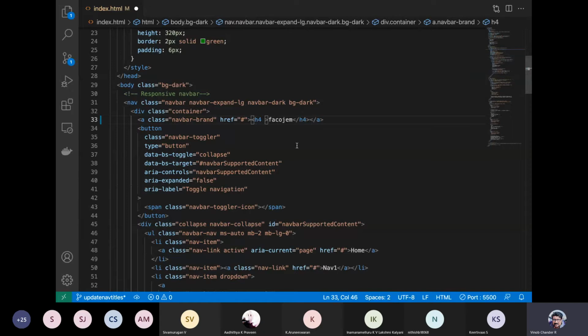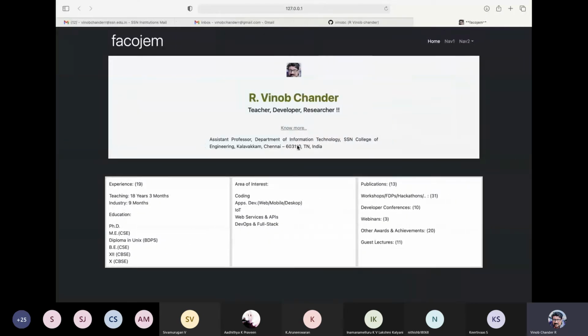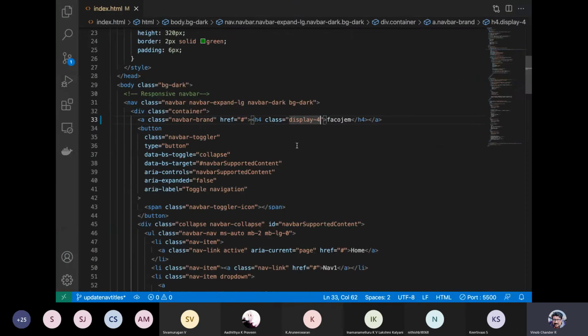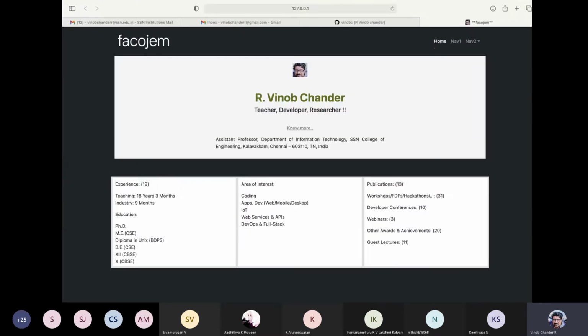We are making use of Bootstrap, so we can use a class display-4, 5 or something like that. So display-4. That's too big. Okay, let's have this. Let me copy this and put it in my navs as well.